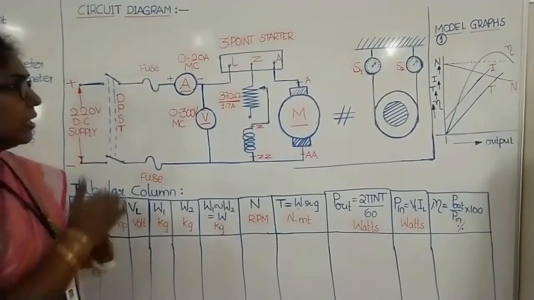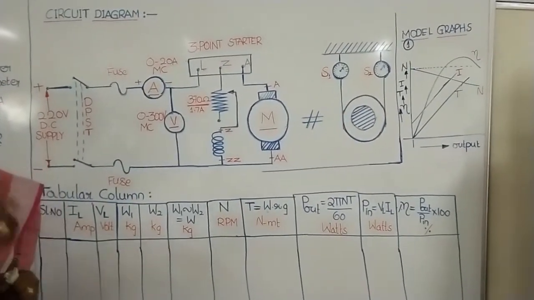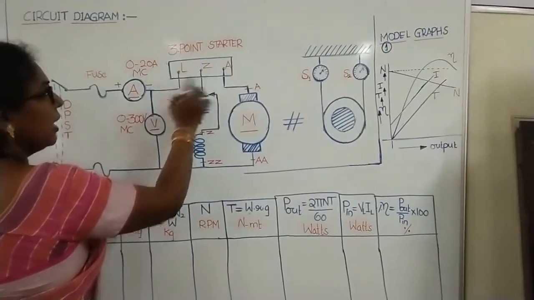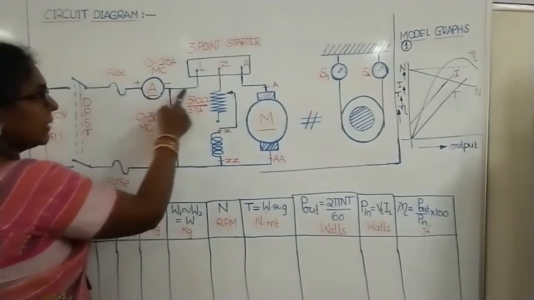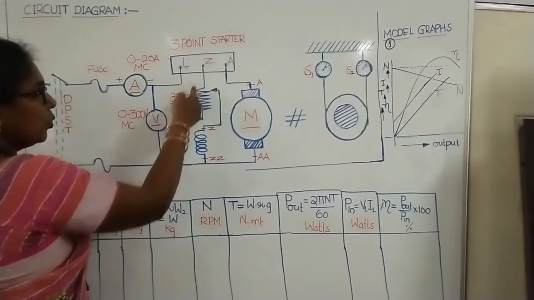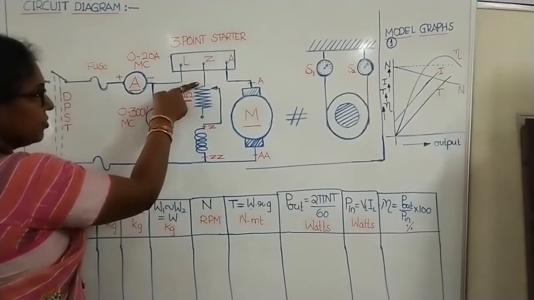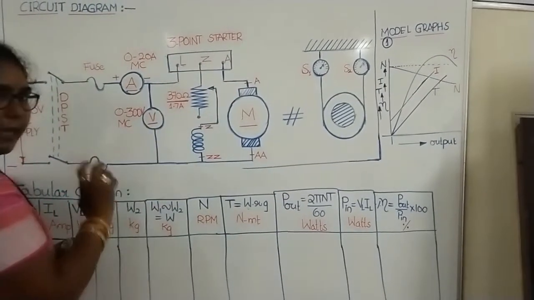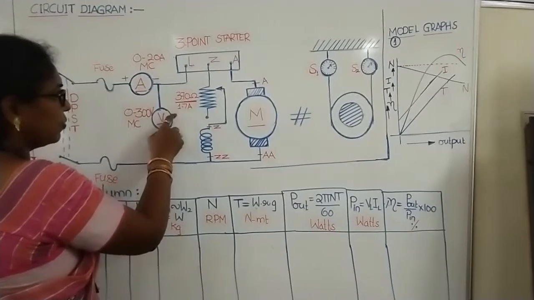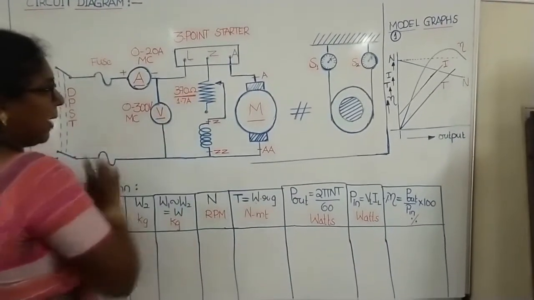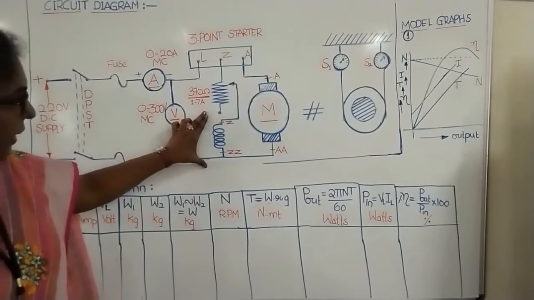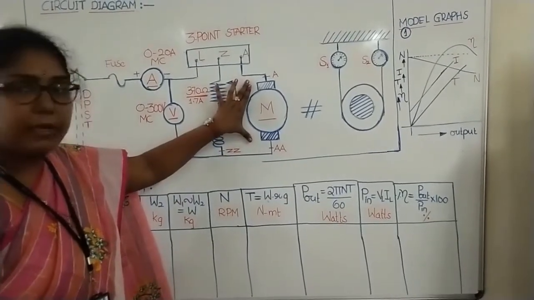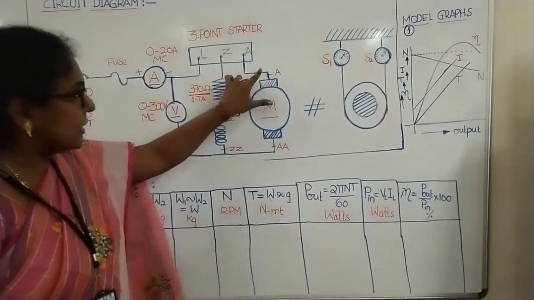It is known to us that in order to start the motor we need a 3-point starter, and it has L, Z, and A. Z can also be called F here. L means the terminal coming from the line, Z is the terminal that goes to the field resistance, and A is the terminal that will go to the armature. In the field circuit we kept a rheostat whose rating is 370 ohms by 1.7 amperes, and this is the field winding. The field winding is represented with the terminals Z and ZZ, and this is the armature of the DC motor, represented with the terminals A and AA.